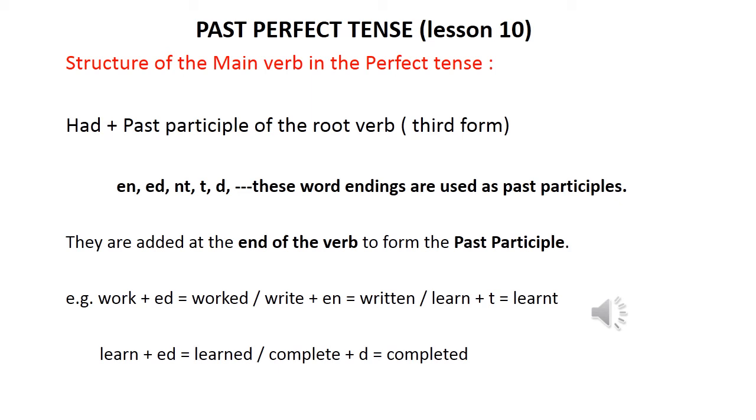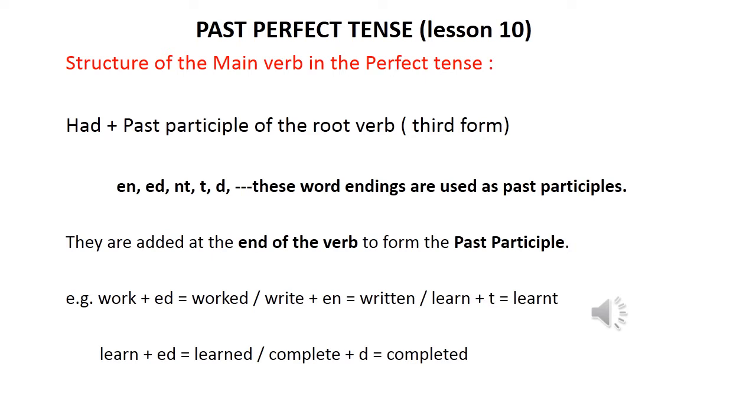In the previous lesson, we have seen present perfect tense, and now we come to lesson number 10, that is the past perfect tense. And once again, we begin with the structure where we have had plus past participle of the root verb, which is also known as the third form. And we have certain word endings like en, ed, nt, t, d, and many others, which are used as past participles. They are added at the end of the verb to form the past participle or the third form of